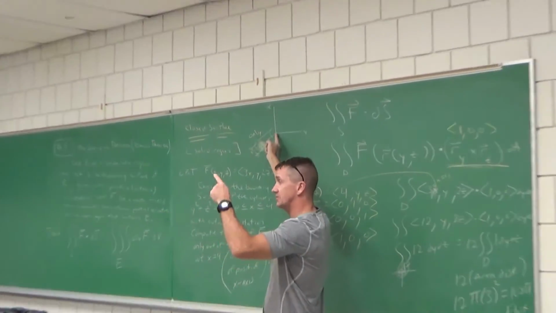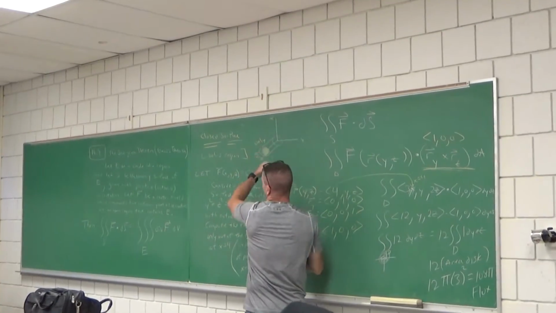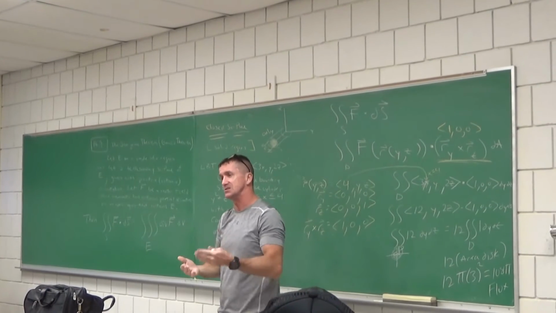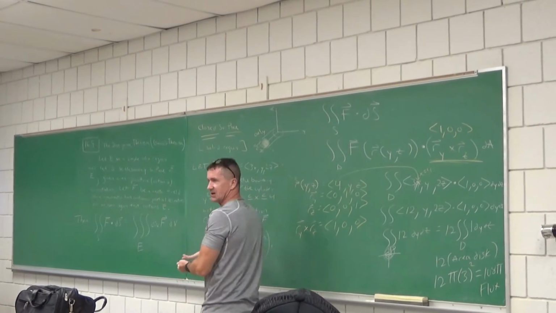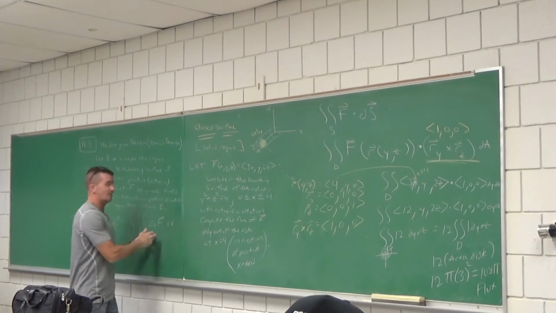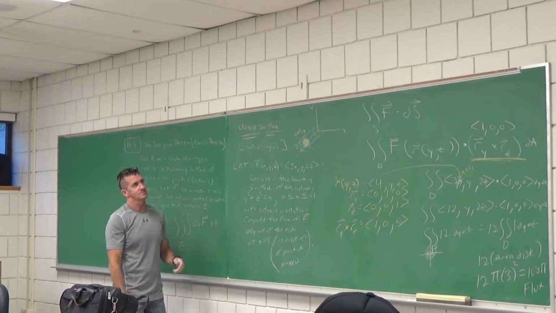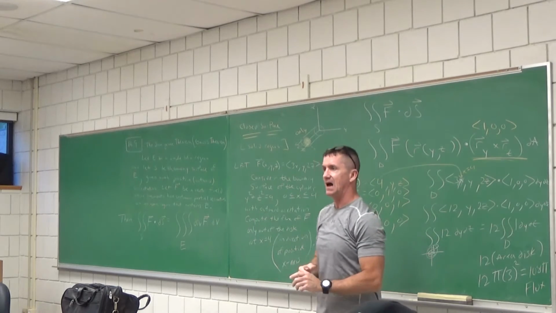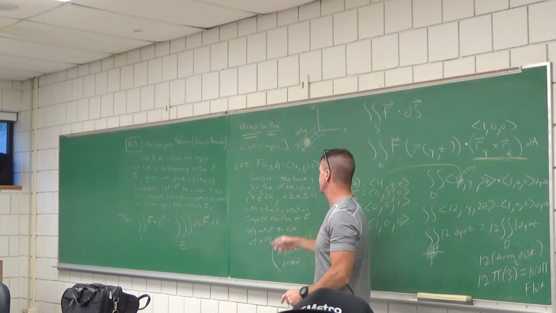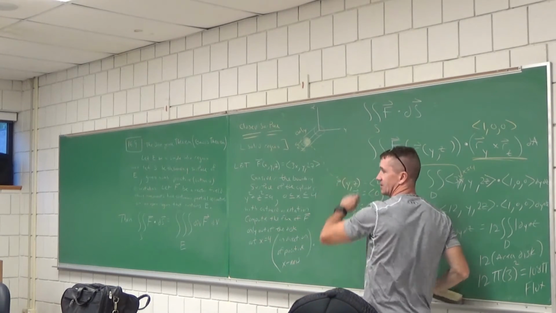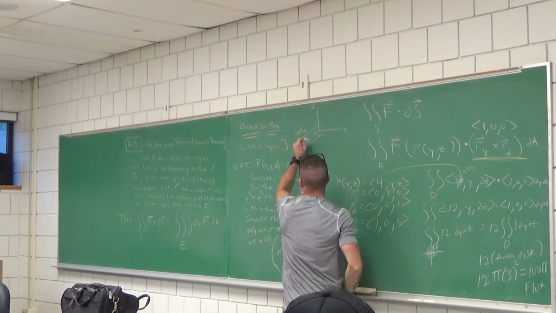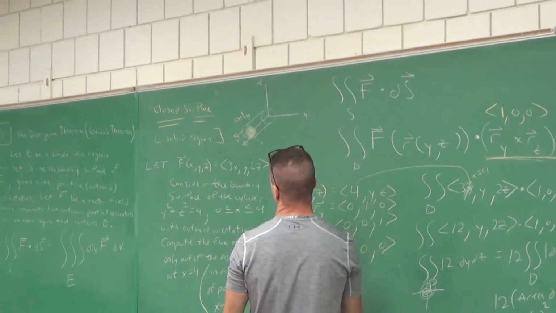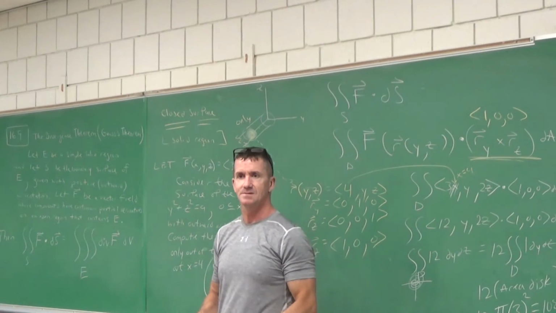Then I'd have to do the other disk going outward. Then I'd have to deal with this one. I'd have to parameterize the cylinder portion, which is not so easy. This theorem will knock an entire closed surface out of the park. So guess where I'm going with the next problem? Same structure, same design, but not just out of this. I'm saying the entire closed surface. Out of this disk, off this side, and above everything. So I'll rewrite this. Everyone, here comes our next problem. Is everyone okay with this? Yeah?